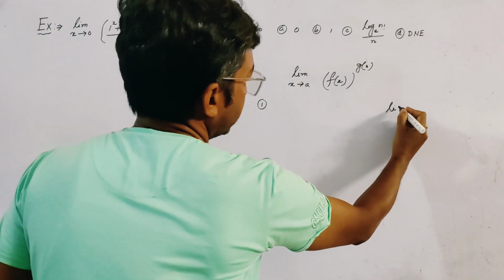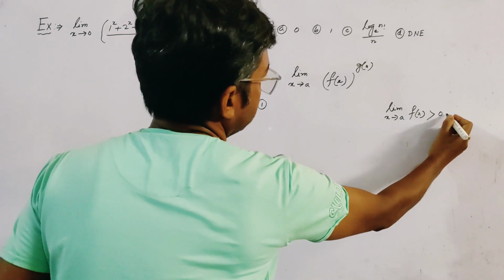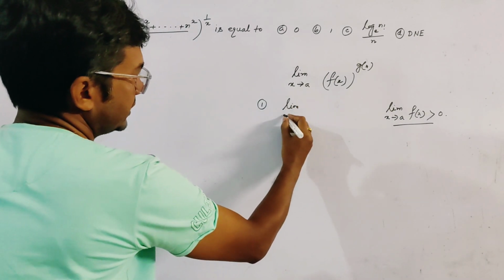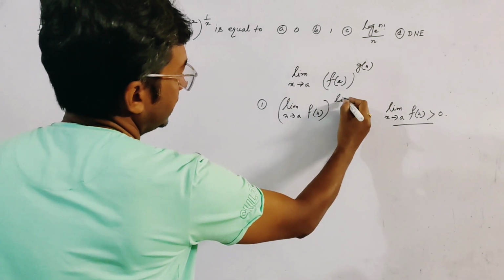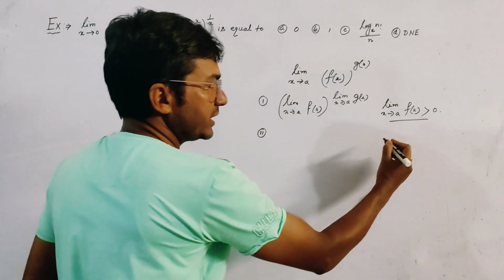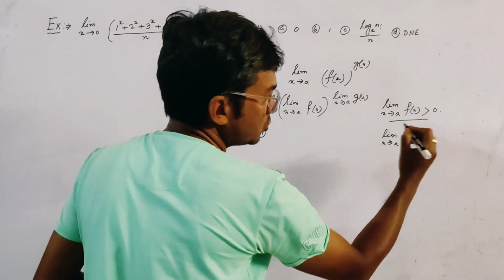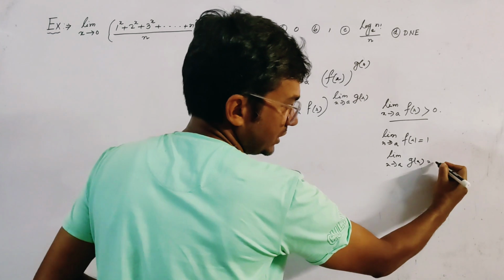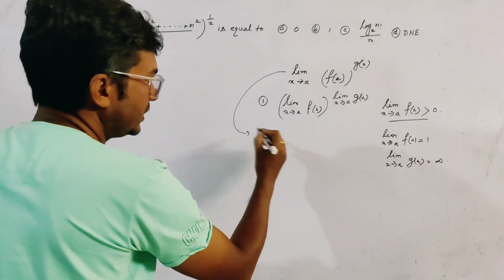If limit x tends to a of f(x) is greater than 0, then we easily write this limit as limit x tends to a of f(x) to the power limit x tends to a of g(x). The second case: if limit x tends to a of f(x) is equal to 1, and limit x tends to a of g(x) is equal to infinity, then we write this limit as